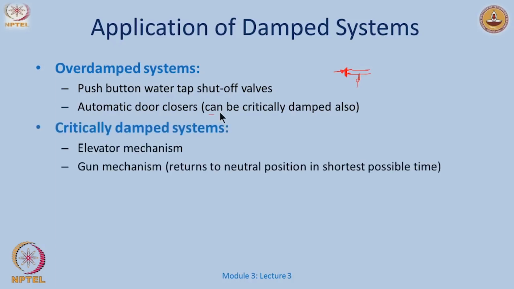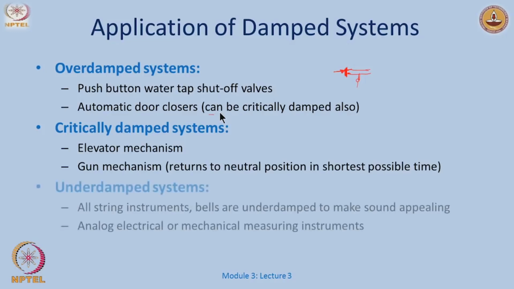Critically damped systems, you would want them in elevator mechanisms or even gun mechanisms, right. You want the elevator to have a faster response, but you would not want it to overshoot. We talked of this last time as well. And of course, underdamped systems, all string instruments would do that, because if you pluck a string, say I have